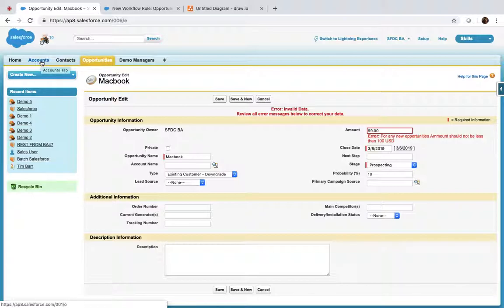It always edits. So whenever there is any change in the record, until the workflow criteria is matching, the workflow